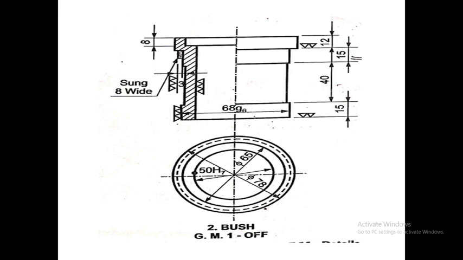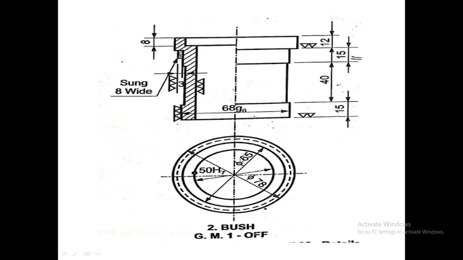Now the last cylindrical part which is remaining is this one. We have found out the dimension of this upper part, which was equal to 78. We have identified the dimension of this part, 68, and of this lower cylindrical part, again 68. We have identified the diameter of this hole which is present inside the bush, that was equal to 50 mm. We have identified the dimension of this upper hole or the oil hole, which is equal